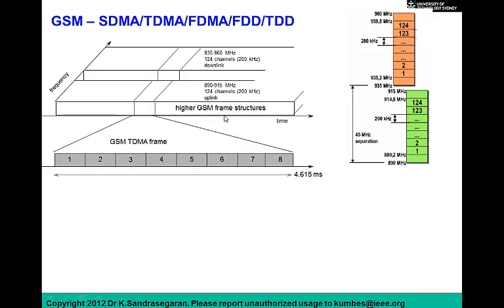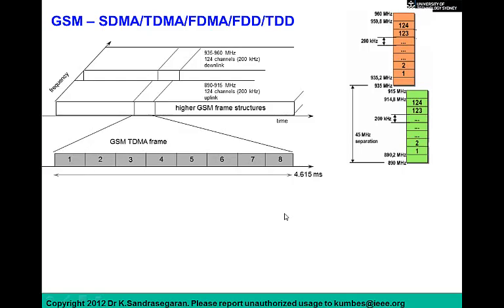Now within each channel, we divide it into 8 time slots. So this is where the TDMA comes in. The division of the 25 megahertz into 124 channels on the uplink and 124 channels on the downlink is the FDMA aspect of it. The TDMA aspect is that on each of these 200 kilohertz channels, we again divide it in the time domain into time slots. So a user gets allocated use of a time slot